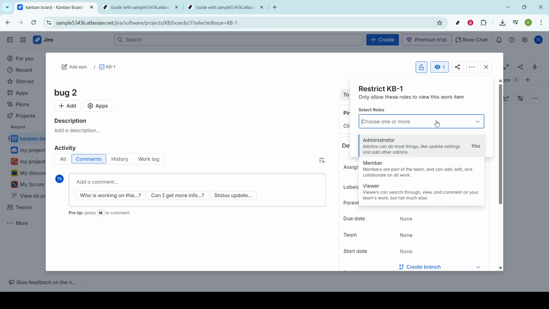And just like that, you've ensured that only the specified audience can access the information you share, keeping your project communications both